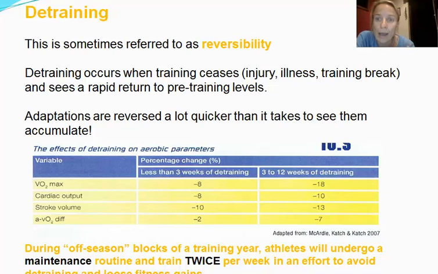However, you lose that fitness much quicker than it took to gain. So that's the unfortunate thing, that when you do stop, you will lose your gains quicker than you attained them. And that's why in the off season, so that athletes don't detrain and go backwards, they train twice a week to maintain. Remember, that's